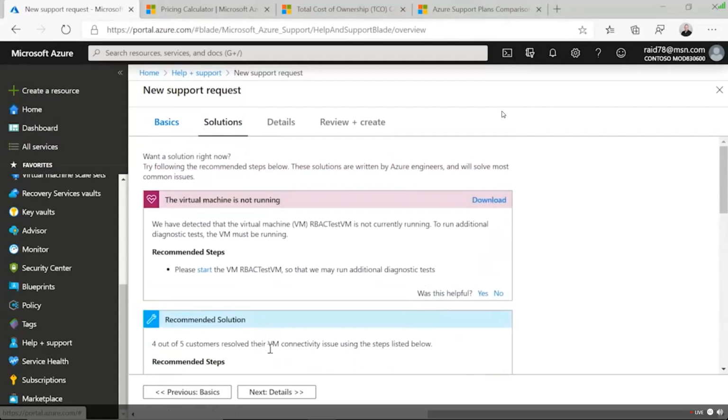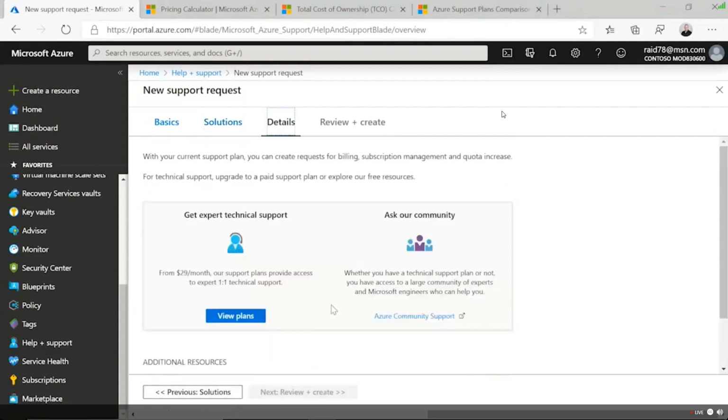But this may not be enough for you. If I go next to details, this is where it comes in. You see my subscription. Hey, look, why don't you call somebody and pay for a plan? If you have a premier agreement and you have a technical account manager, what'll happen from here is it'll actually open up the rest of the support request details. You fill in some information, and the technical account manager will get that request and then run with it. Most likely, you're going to get a phone call, depending on the severity, usually within a few minutes, I think guaranteed within an hour. And you'll hear from somebody at Microsoft, and you'll start quarterbacking and solving whatever that problem is.